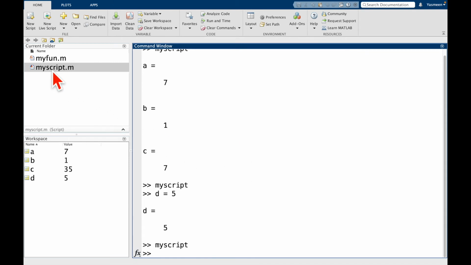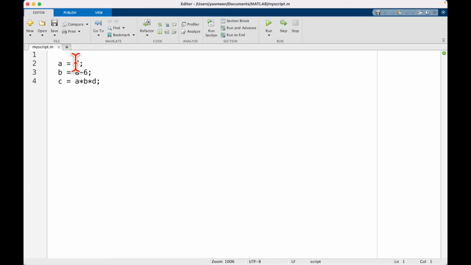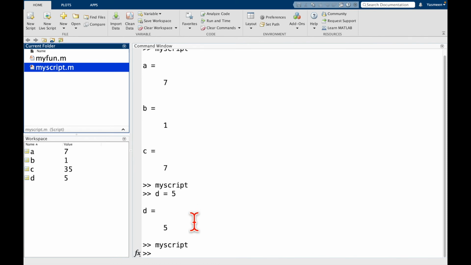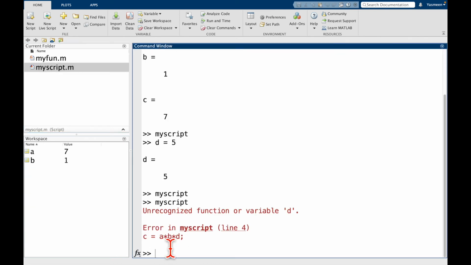But now let's go back to my script. Oops. And now let's use the word clear in front. So Command S to save, and let's run it again. Now we can see unrecognized function or variable D. And the error it's telling us here is in the line where we say C is equal to A times